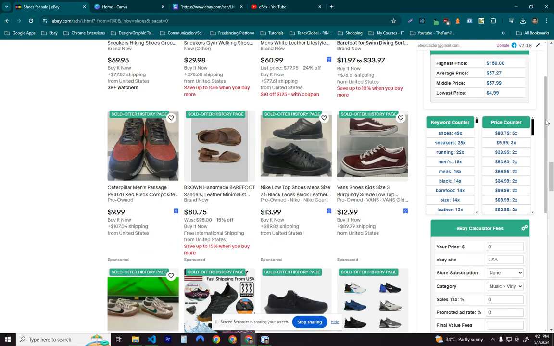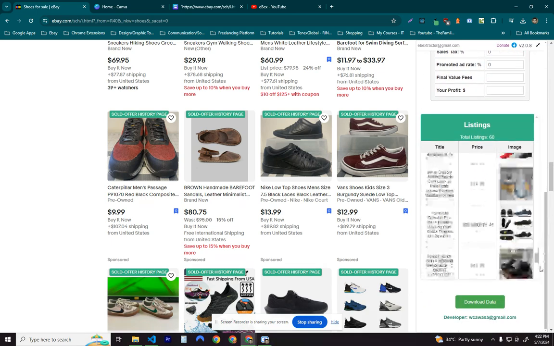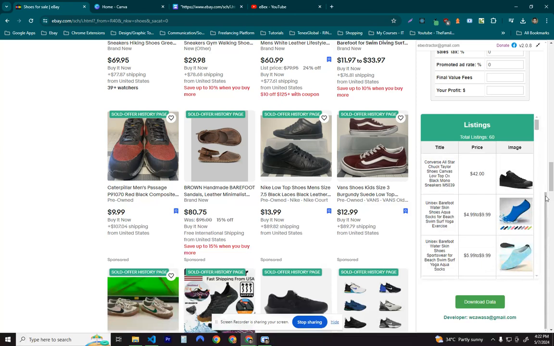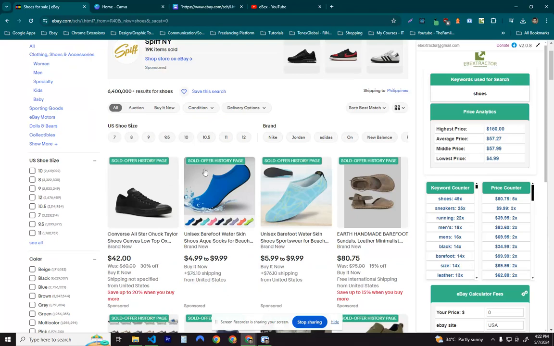See? Then here, listings, you can see all the listings. Then you can download the listings in CSV format. And another thing is if you click the items, each listing,